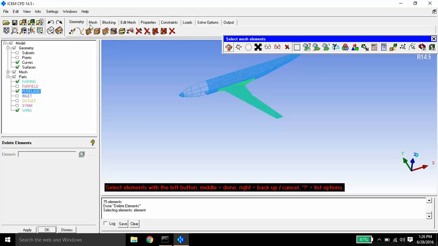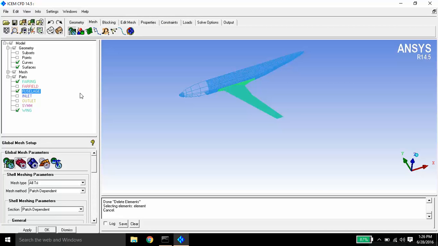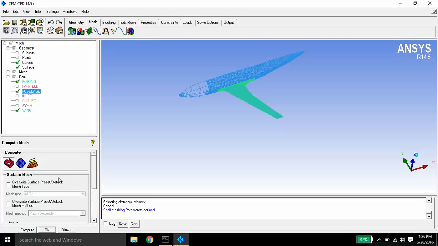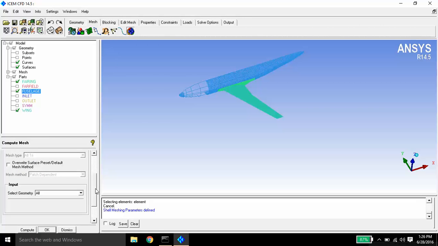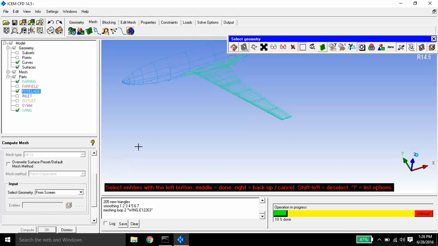Before that, we need to go to mesh, global mesh setup, and here repair, increase it to 3. Press apply. OK. Now compute mesh. From screen, select the surfaces, press compute.